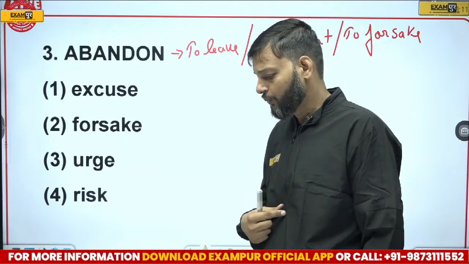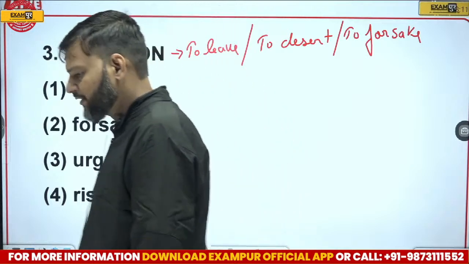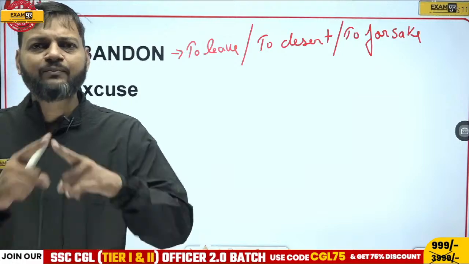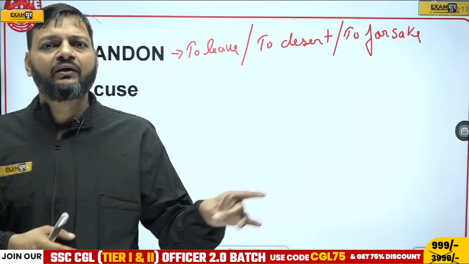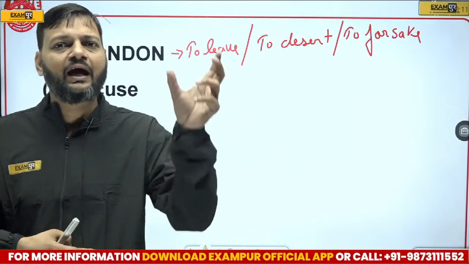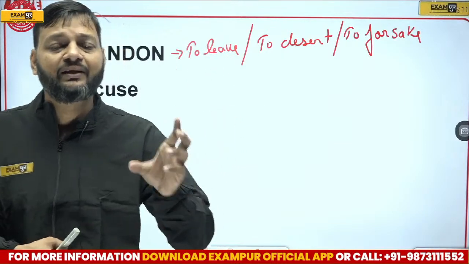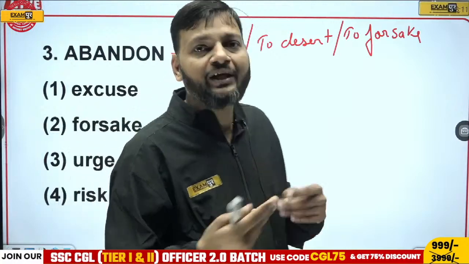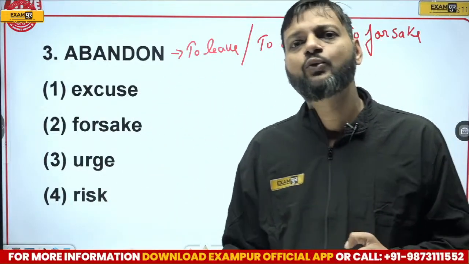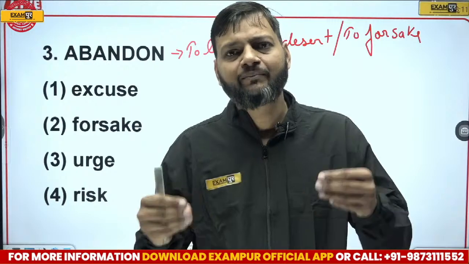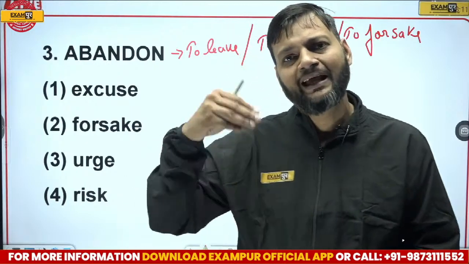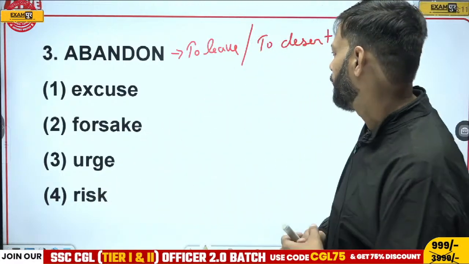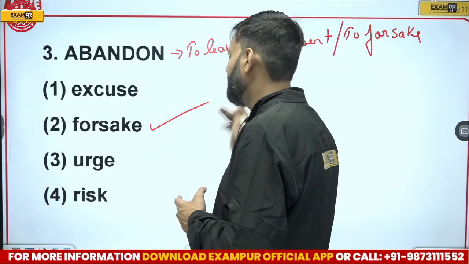Okay. You might have seen the buildings which are no longer in use. A signboard has been fixed there suggesting abandoned. Abandoned means that this particular building has been forsaken. This is no longer in use. So abandoned means when something is not in use, when something has been left alone, it is called abandoned. Okay, so here the right answer is forsake.